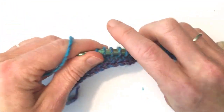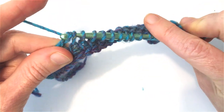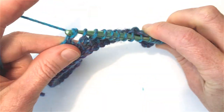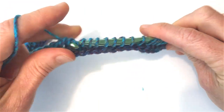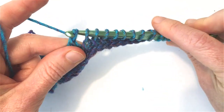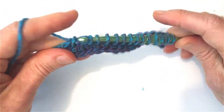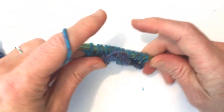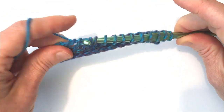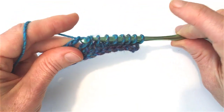And I'll just say about Tunisian crochet, you know, it used to be used mostly for blankets because it does make a thicker fabric. But I will tell you that Tunisian crochet can be used for any kind of project. It can also be quite lacy and light when you use it with light yarns. This is a medium yarn, so it can be medium. And it can also, of course, be very thick for warm blankets, warm hats, warm mitts,